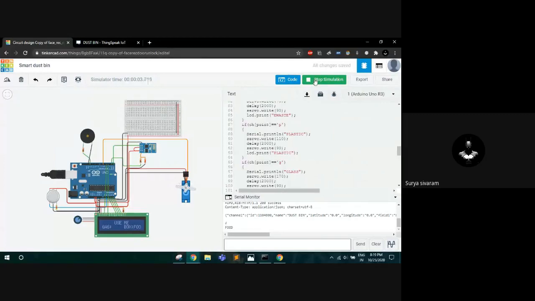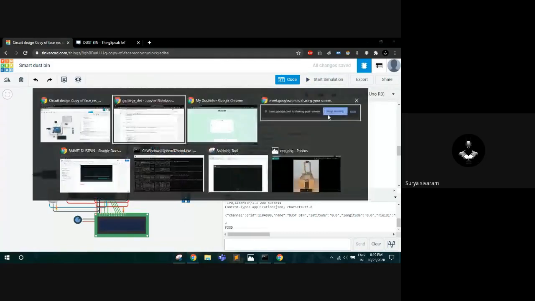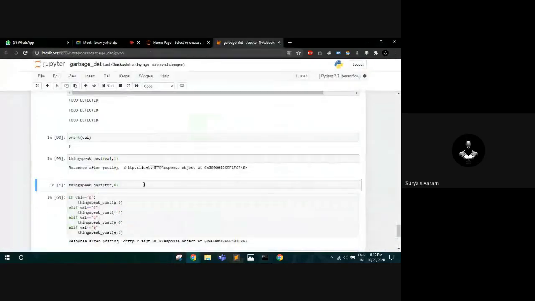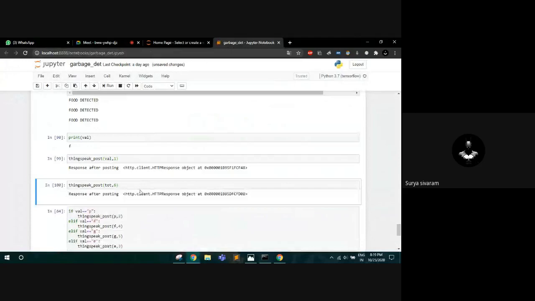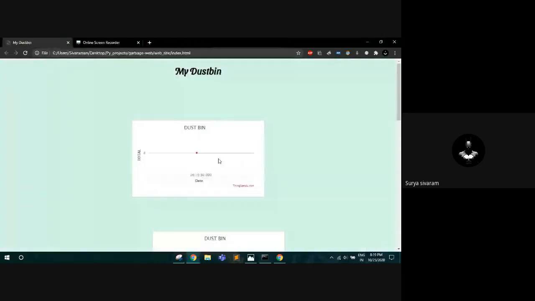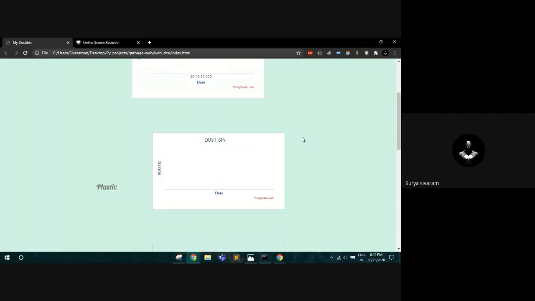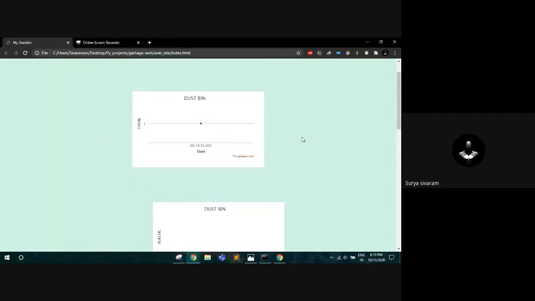Now I will stop the simulation. Now we can go and update this to our website. As you can see, our website has been updated and it shows that there are totally three objects. Initially it was actually one object, but I showed it for a longer time before it got pushed into the trash bin, so it's telling it as three. If we simulated this in real hardware, it would just show it as one. Now, if I also update the other thing also,